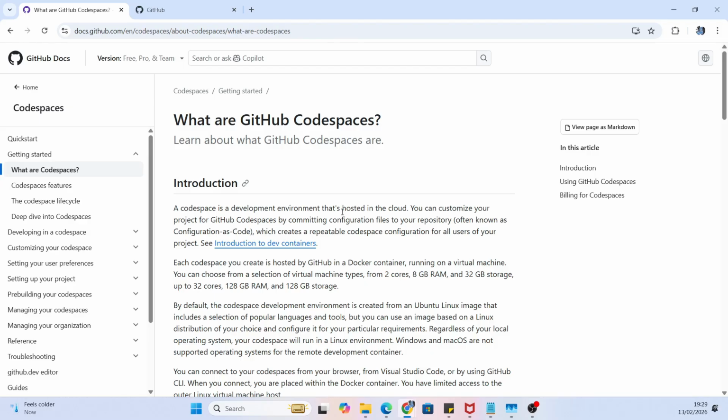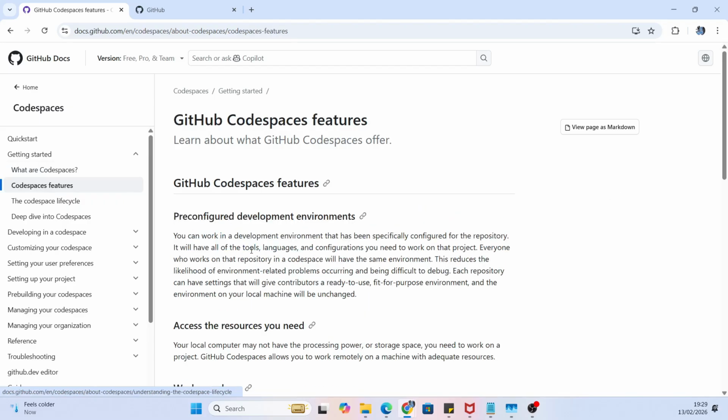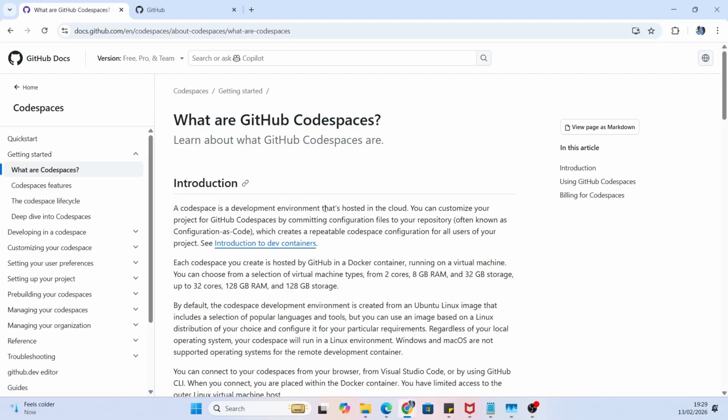First of all guys, if you want to know about GitHub Codespaces, you can go into docs.github.com and here you will see a whole section about what Codespaces are, what its features are, etc. But in a nutshell, GitHub Codespaces is nothing but a development environment that is hosted in the cloud. So basically it is your Visual Studio Code, or VS Code, that you can access through a web browser, and that's pretty much it. You have seen a lot of IDEs like that. For example, you have seen Replit, and we have also seen Google AI Studio. So GitHub Codespaces is not different in that case,